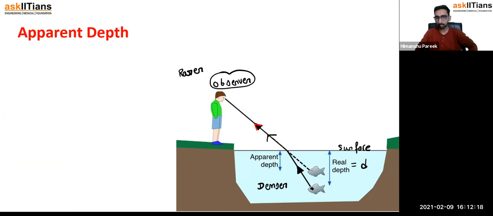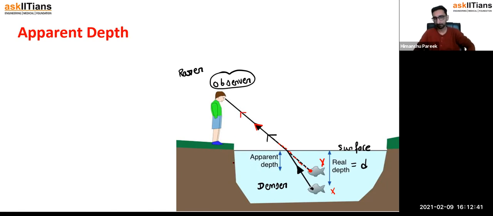So what he would say is that what I'm finding is that the light ray is coming from this place. So actually what he would say is that the fish is not at place X. Actually the fish is at a place Y, because the light rays for the observer are coming from